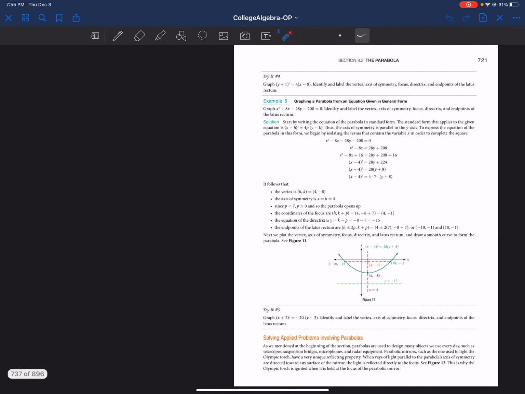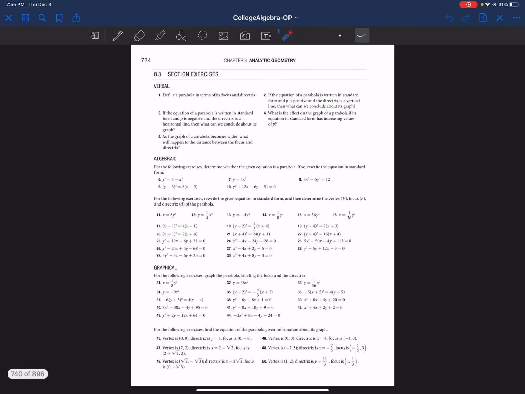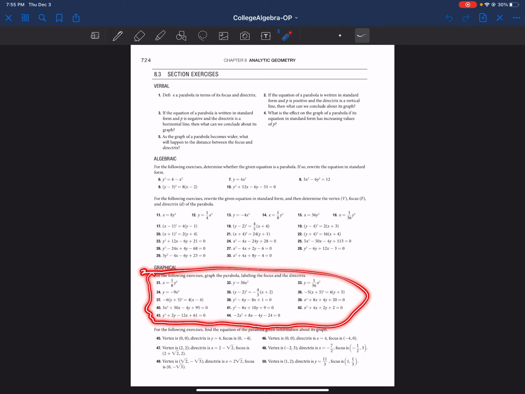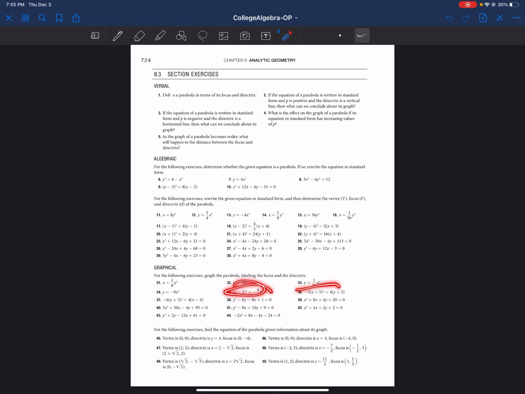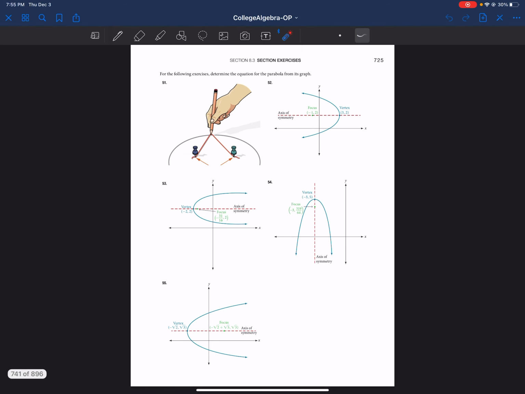And so just to recap, I did one from here and another one from here, but I did them not just doing the vertex, focus, and the directrix. I also graphed them, and I found the points on the latus rectum and all of that. Down here, I didn't do any of those because these are really close to these up here. These you'd have to complete the square on. These are already in standard form, and so on and so forth. So I showed you an example of those. I did 48, so any of these in here are along those lines. And then over here, I picked this one out, and so you have a smattering of them worked out,